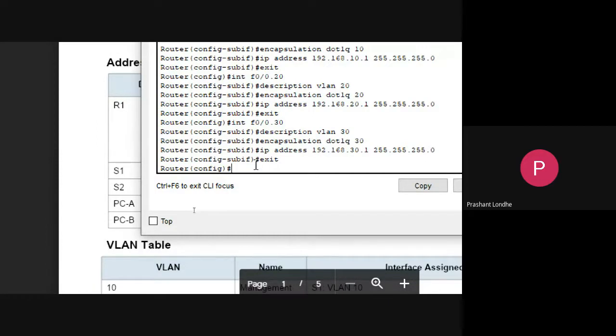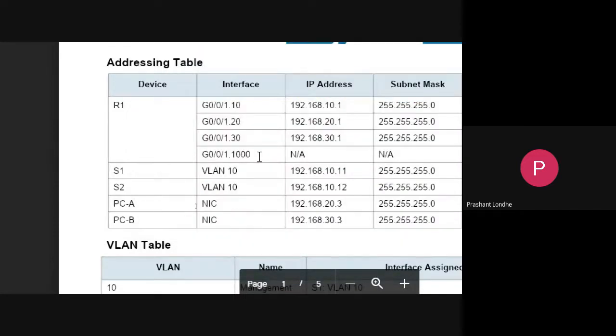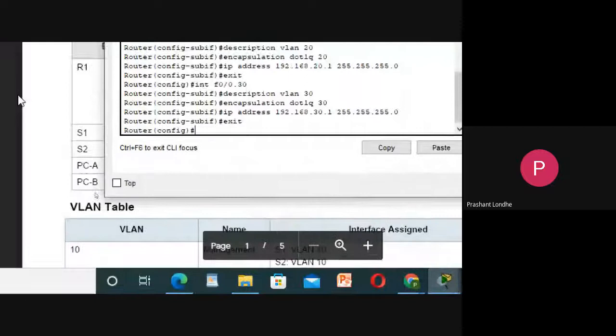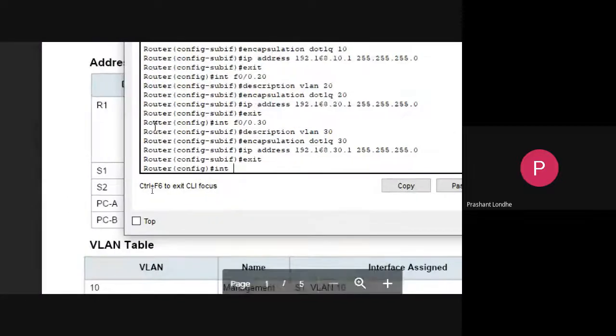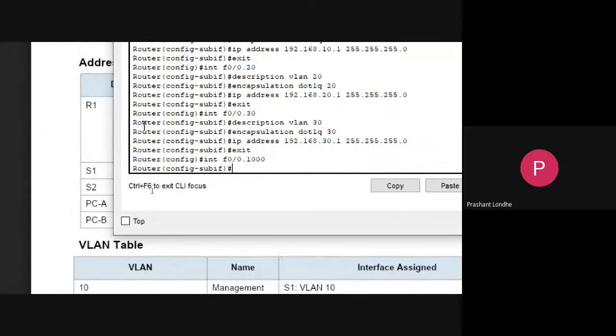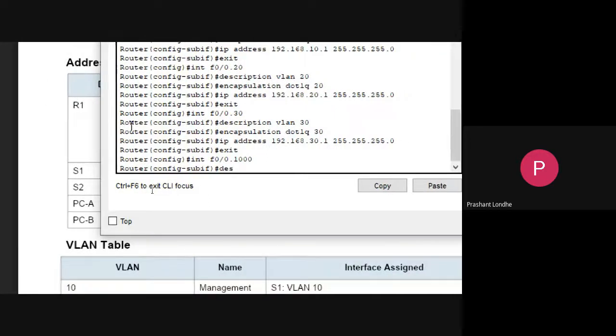Fine. And there is a fourth port also, that is .1000. We do not have any kind of IP address, but we need to assign that port as the native port. So we need to configure that port also. Interface f0/0.1000. Do not set any kind of IP address.